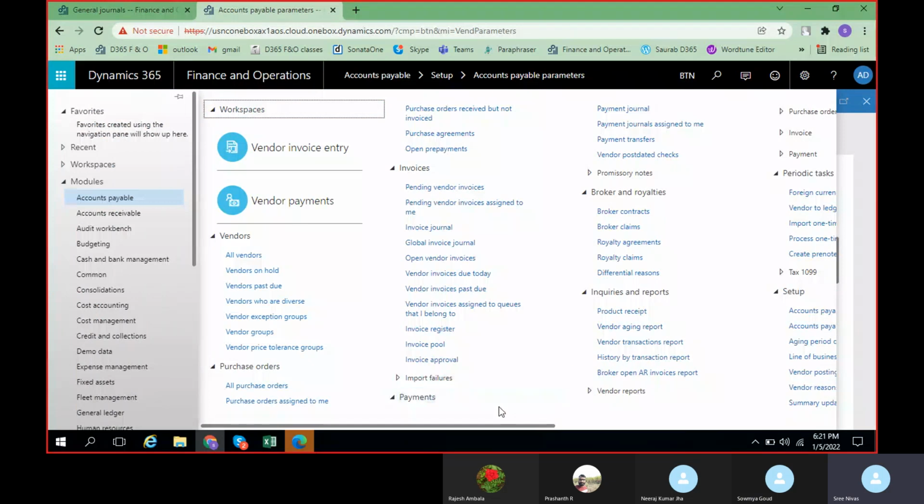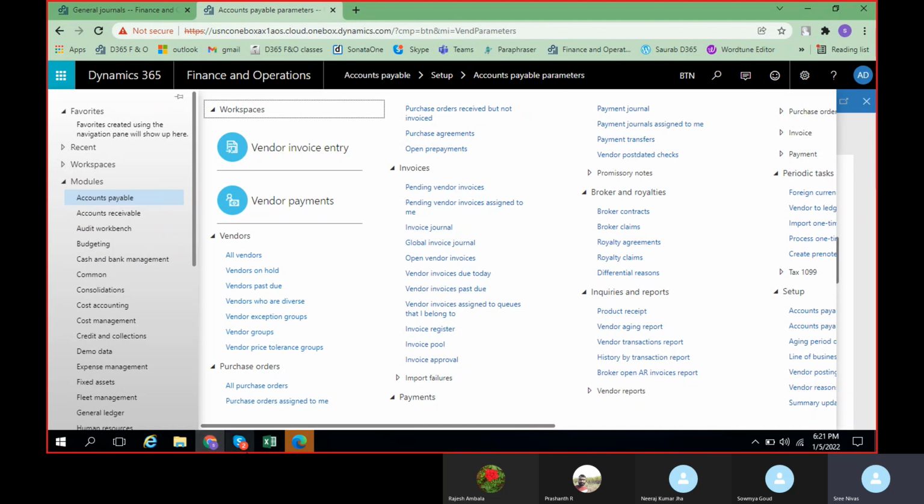I'll show you that later. We'll have to create a lot of number sequences depending on the transaction while creating the main accounts. I'll show you that one. Okay, I think this is all mostly about the number sequences.